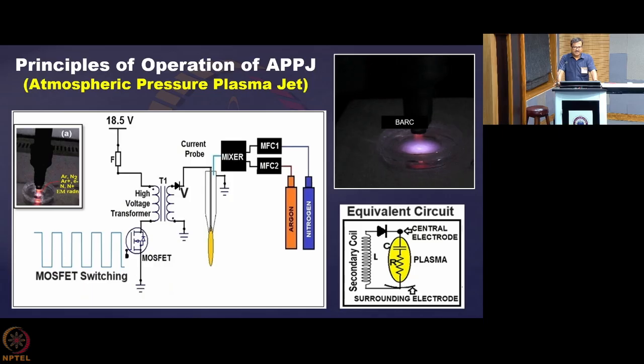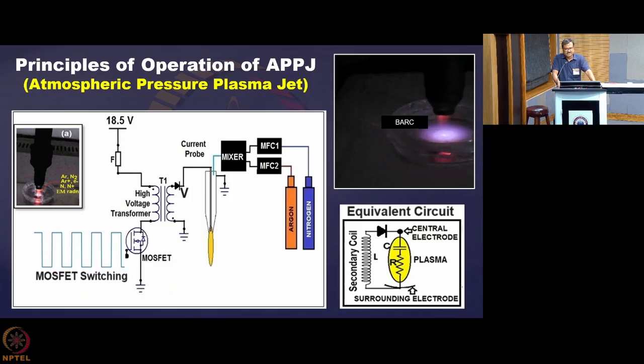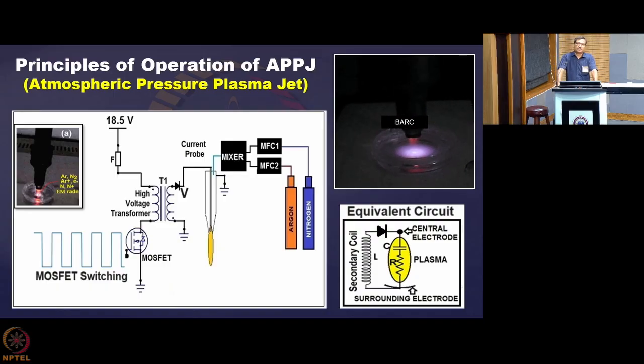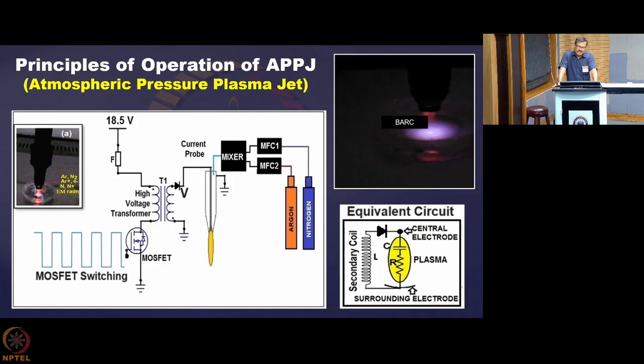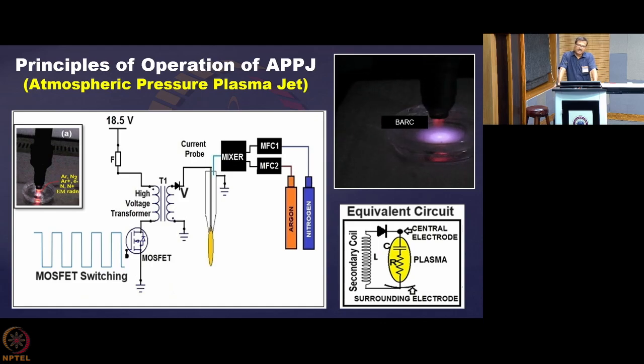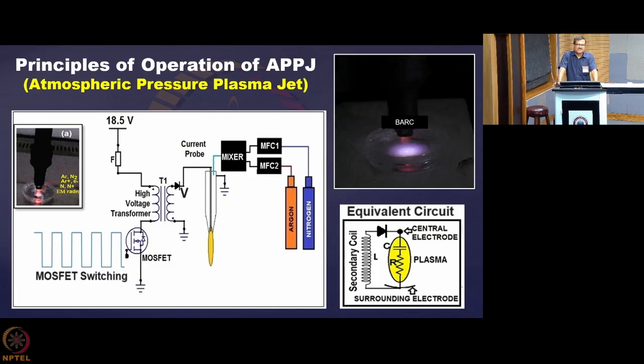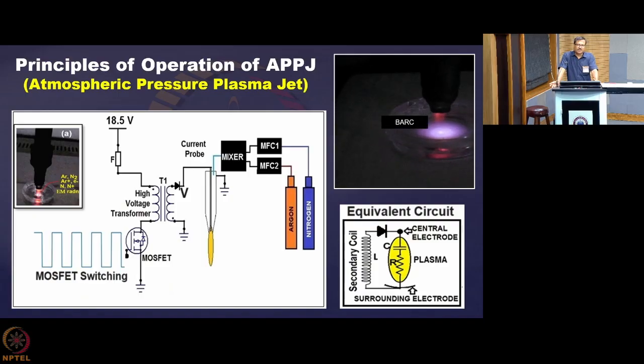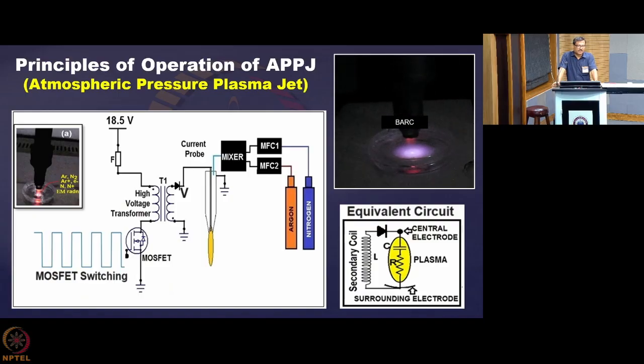So these kinds of devices are being used quite a lot for biomedical applications and material processing applications. The advantage is that it provides a cold plasma, and the temperature for biomedical application is limited to, say, less than 40 degrees centigrade. But this is not so when you are going for surface processing applications. There the temperature can well be around, say, 100 degrees centigrade, but not more than that.